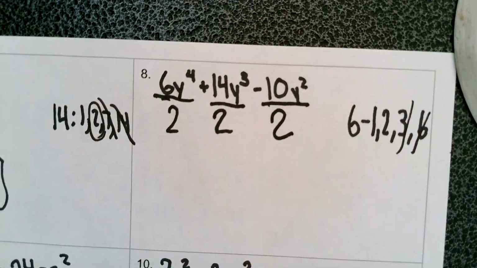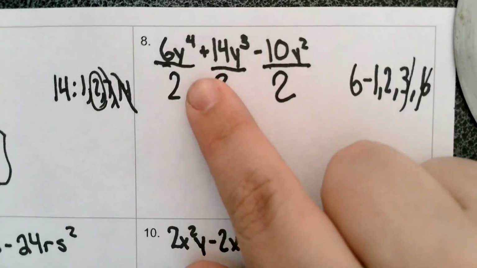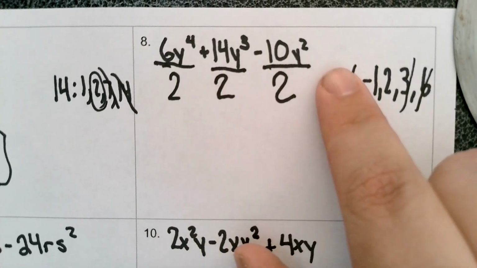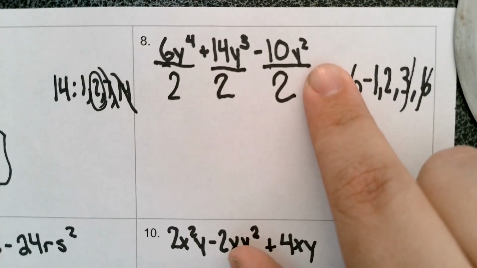So now we check our variables. We have a y here, we have a y here, we have a y here. We can take